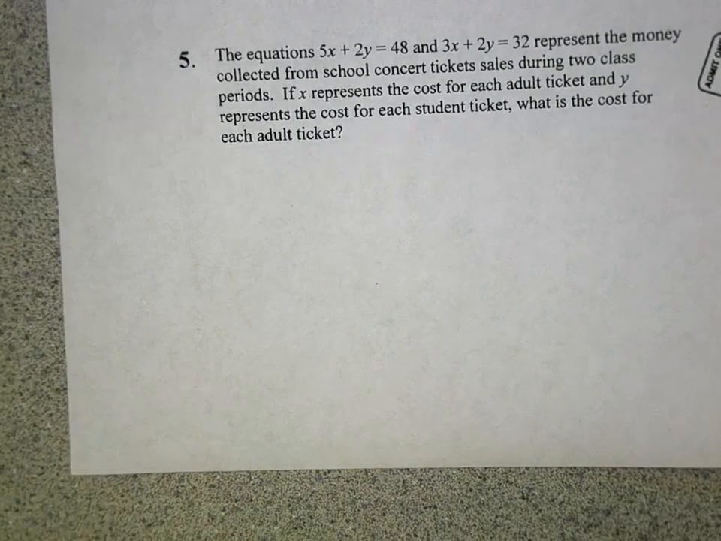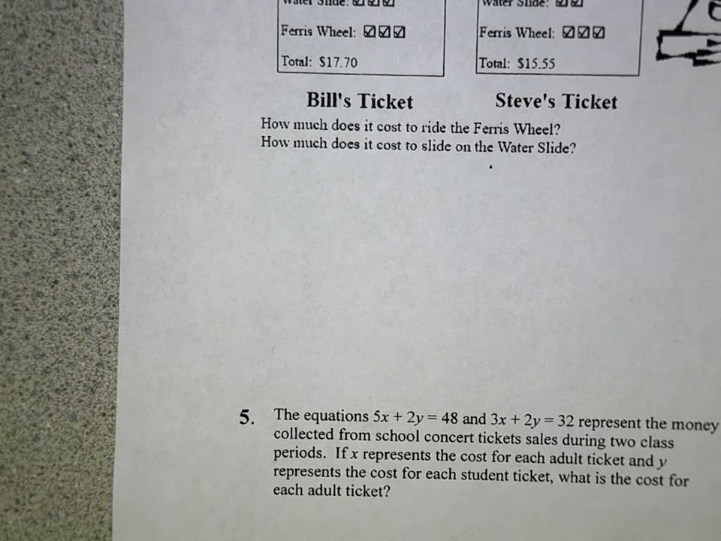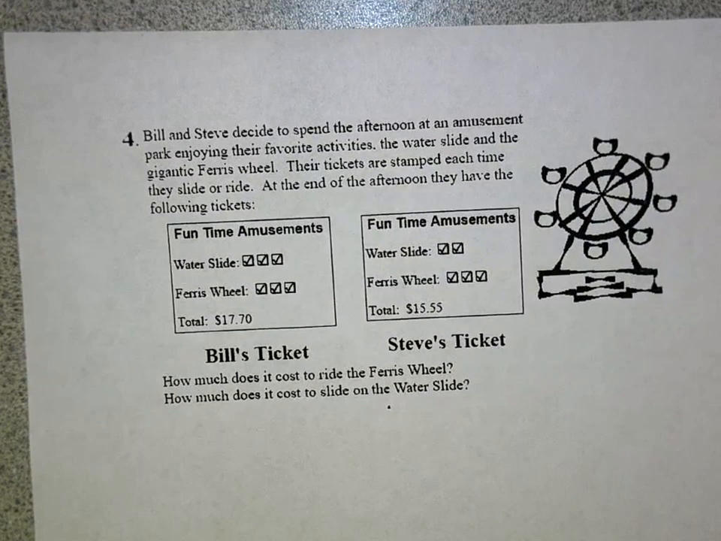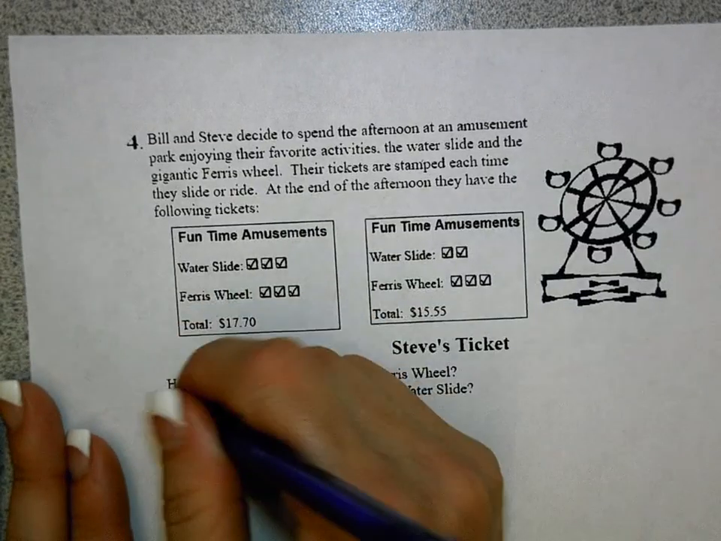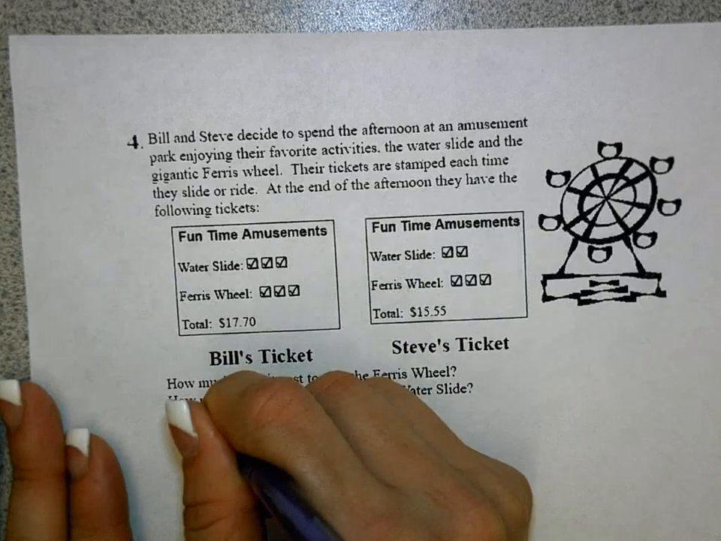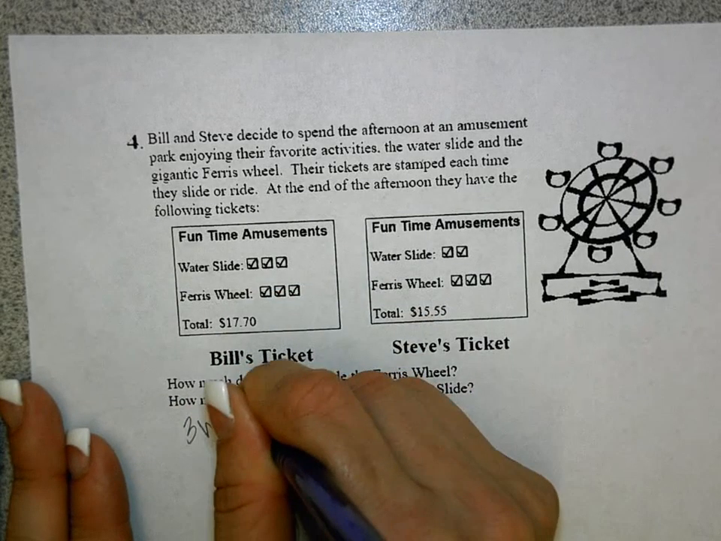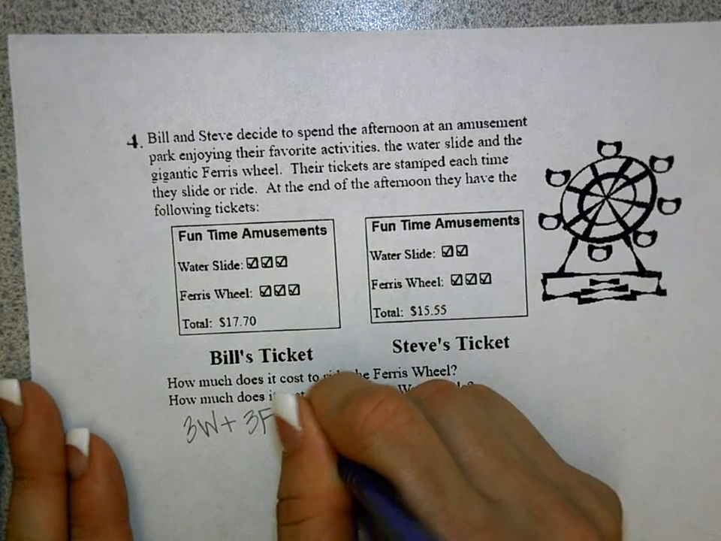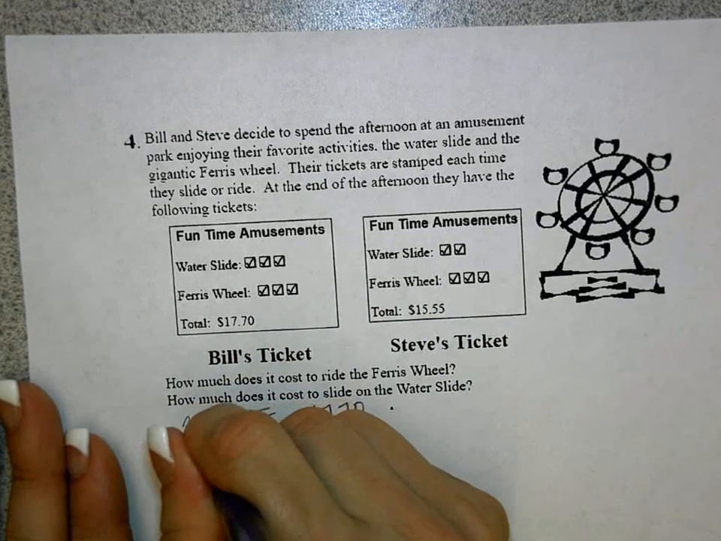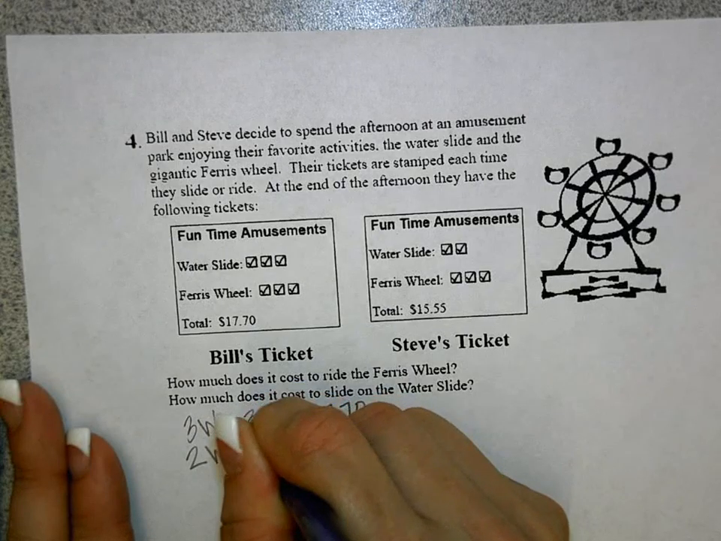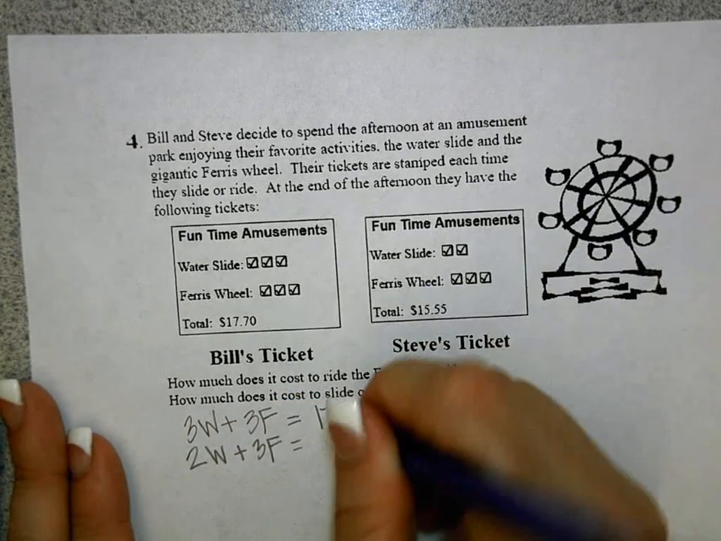Okay, on the back. It says Bill and Steve decide to spend the afternoon at an amusement park enjoying their favorite activities, the water slide and the Ferris wheel. Their tickets are stamped each time they slide or ride. At the end of the afternoon, they have the following tickets, okay? So here, listen. 3 water slide rides plus 3 Ferris wheel rides, so I'm going to do 3F, costs $17.70. Here, 2 water slide rides plus 3 Ferris wheel rides costs